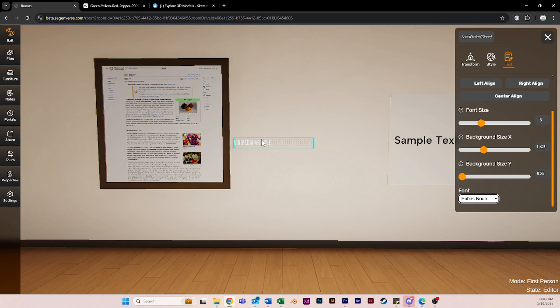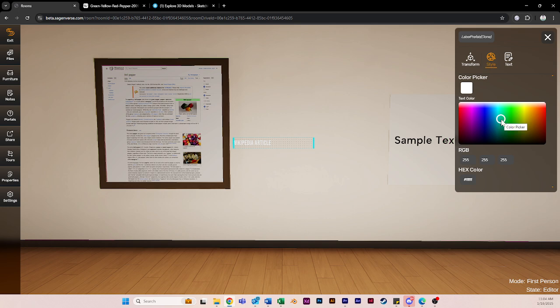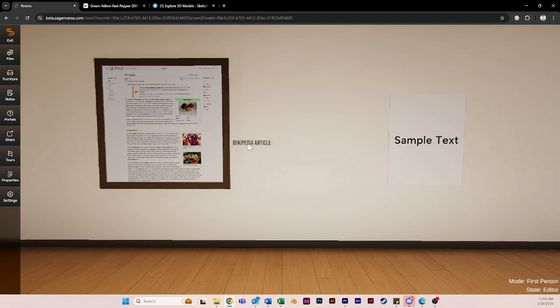And then white isn't really popping off the wall as much as I'd like. So I'm going to go to the Style tab here, and I've got my text color selected. And I'm going to go down and pick a darker gray. I'll go ahead and just type it in. I like 60, 60, and 60 gray. Press enter. So it's not pure black, it's just this dark gray. And I've got my first